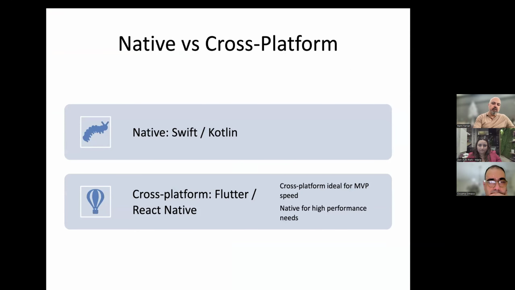Today for mobile apps there are a lot of technologies. The most basic one, or if you want, the old way of doing things, though not really old, because today you might still want to do native.